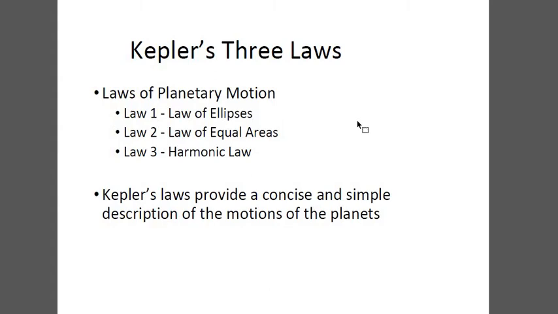Because we are using satellites, we need to completely know the position of the user, how the satellites will be revolving, and how they are getting the data. For that we require all these descriptions: the law of ellipse, how it will be revolving, how much area it will be covering, and what the harmonic law of that particular orbit is.